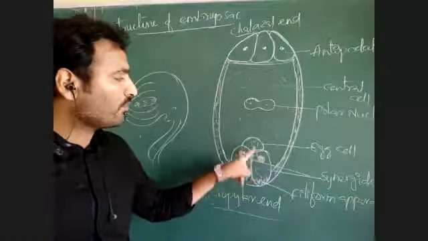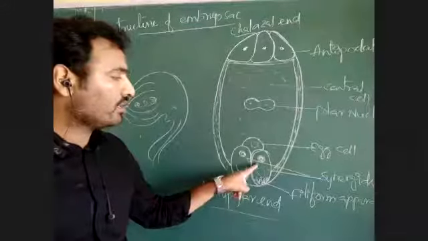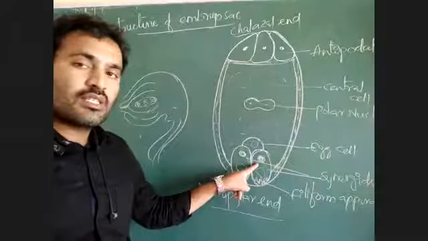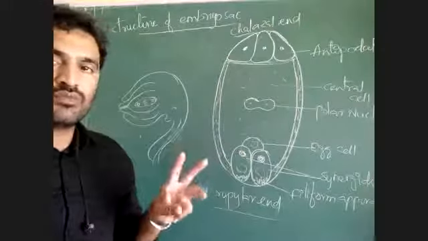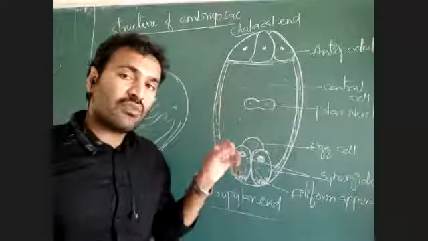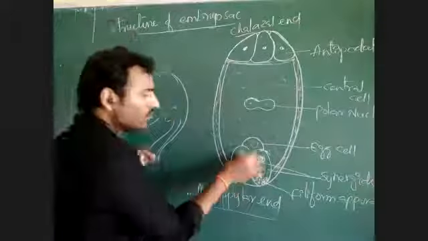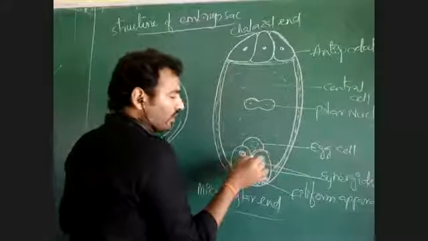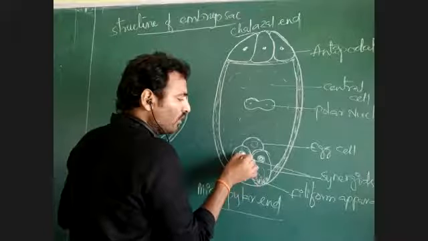Two synergids are present on the lateral parts of the egg cell. Synergids are also haploid cells. In these three cells, how to determine which is the egg cell and which is a synergid? The cell which has a basal vacuole and upper nucleus,